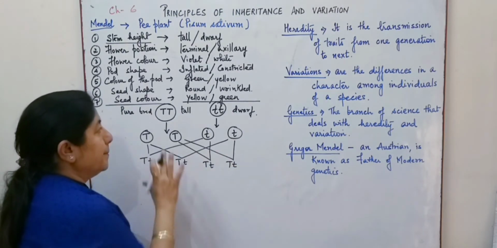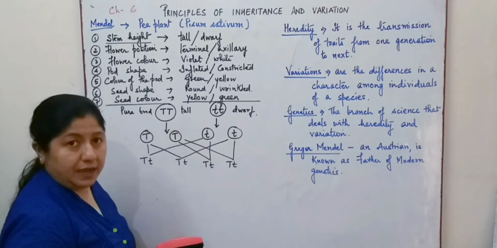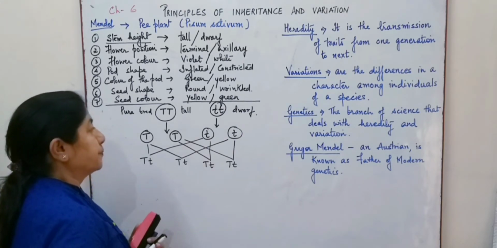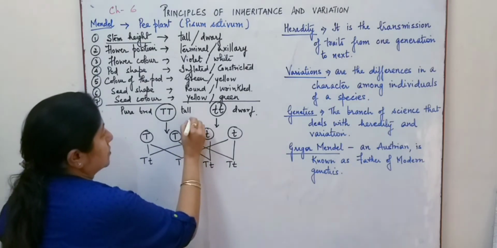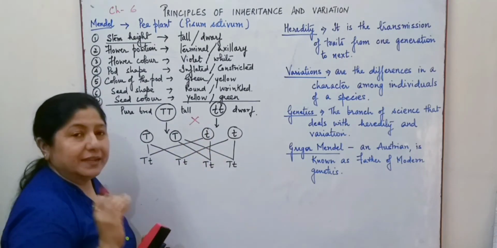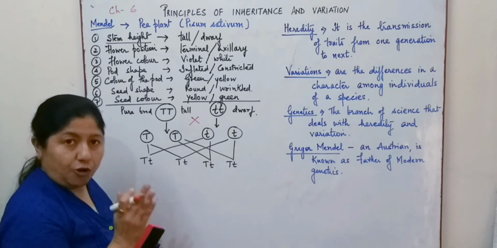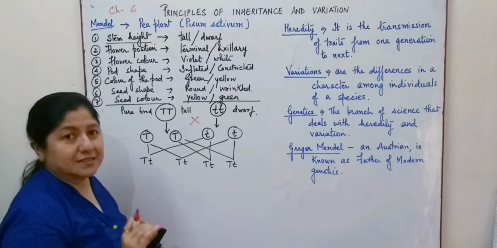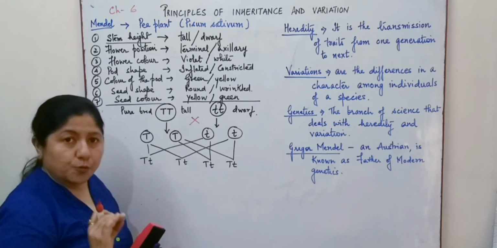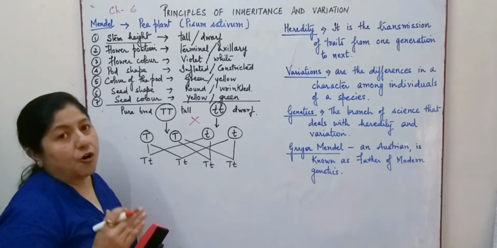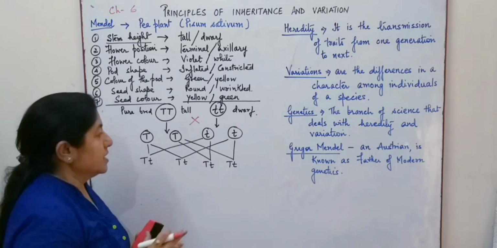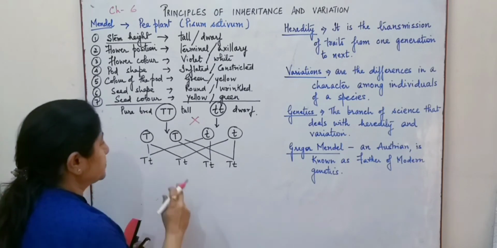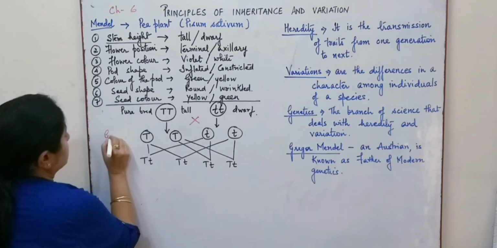Now, when Mendel crossed these plants, that is purebred tall and purebred dwarf, he expected that tallness and dwarfness would blend, and as a result the plants obtained would all be medium heighted plants, which is what he was expecting in his experiments. So these are the gametes over here,